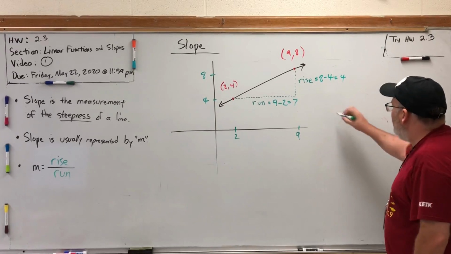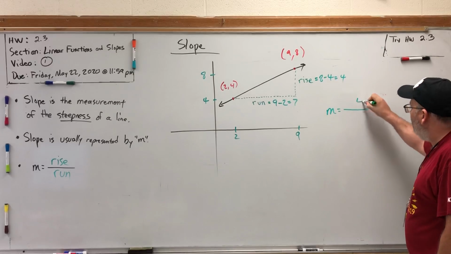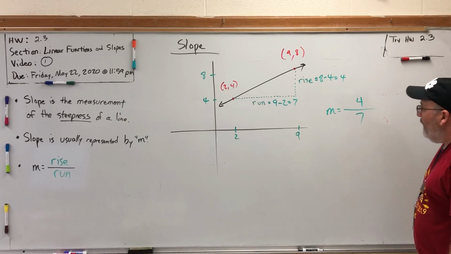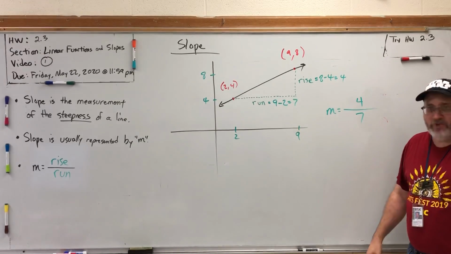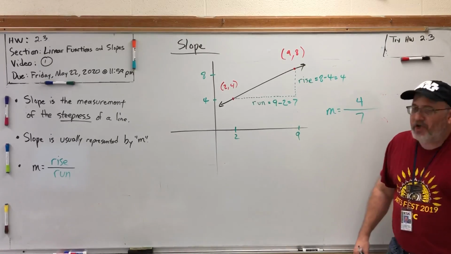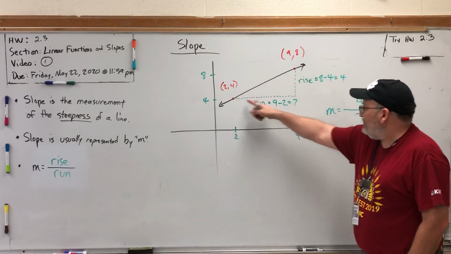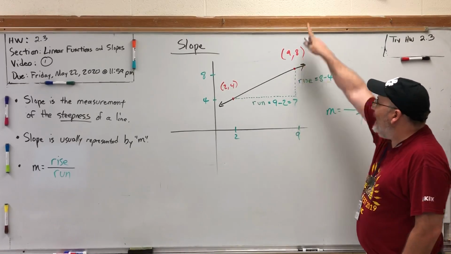So for this problem, we could calculate the slope by saying that the rise is 4, the run is 7, and therefore the slope of this line is 4/7. This attempt to measure slope is consistent with the idea that if the line is steeper, it should have a greater slope. For example, if the run were 7, but we rose higher,